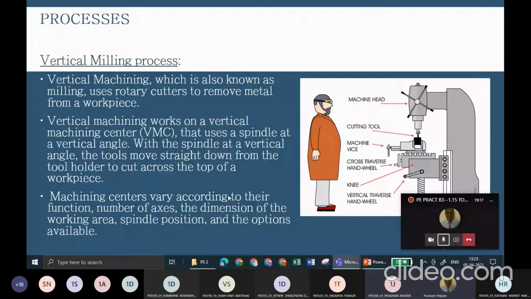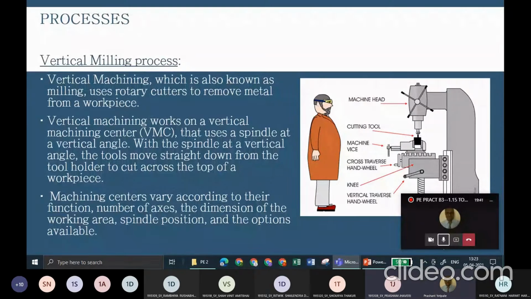I will be continuing with the processes. The vertical milling process is basically the manual one, wherein we have to rotate the tool towards the workpiece. It mainly uses a spindle, which is vertical, and the tool is fixed into it.